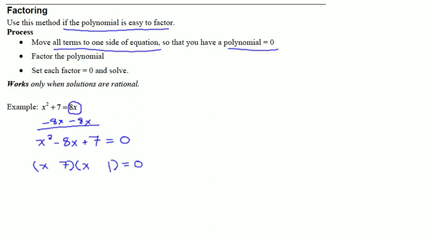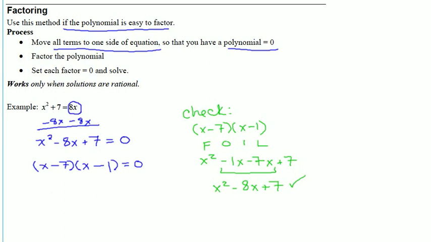The only thing left to figure out are the signs. Because 7 is positive, they must both have the same sign. And because our middle term is negative, that means they must both be negative. We would do a quick check off to the side just to make sure that we've factored it correctly before proceeding. After verifying that our factorization is indeed correct, we can come back to the equation and set each factor